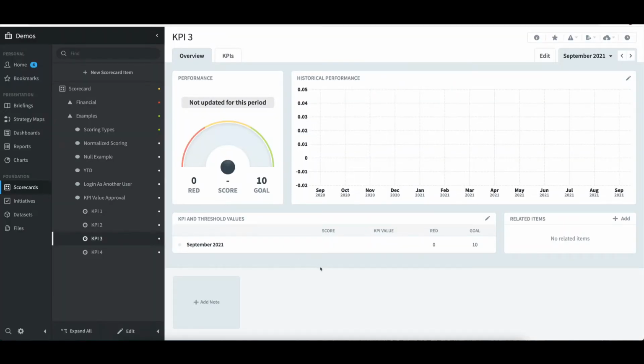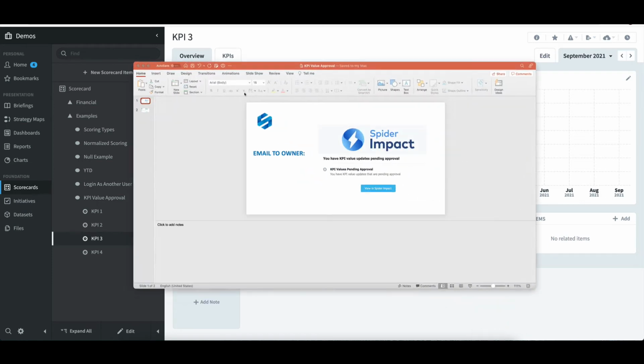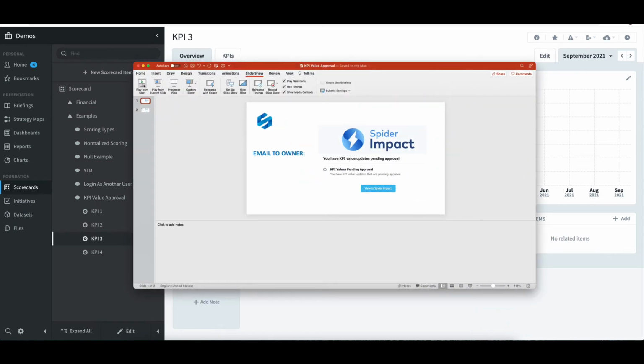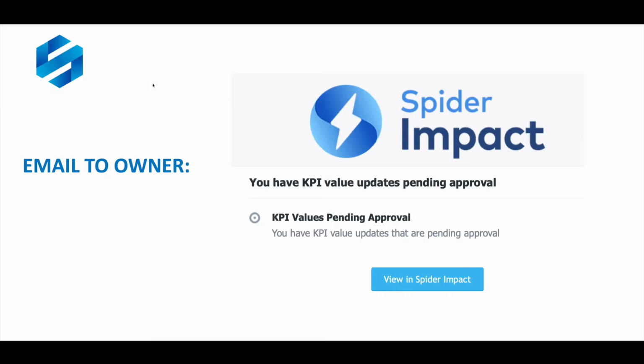The KPI updates will trigger an email to D alerting her that she has updates pending approval. I have a screenshot of what that looks like here in PowerPoint. She could then click the View in Spider Impact button, which will create a link to either approve or reject the KPIs. To show this in action, I'll select my other browser,